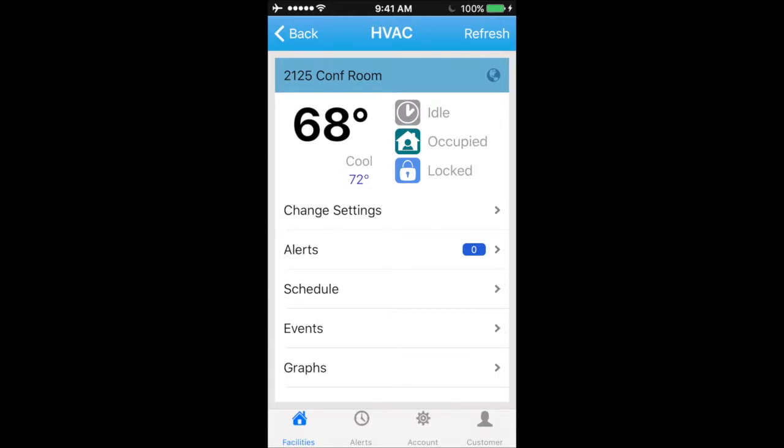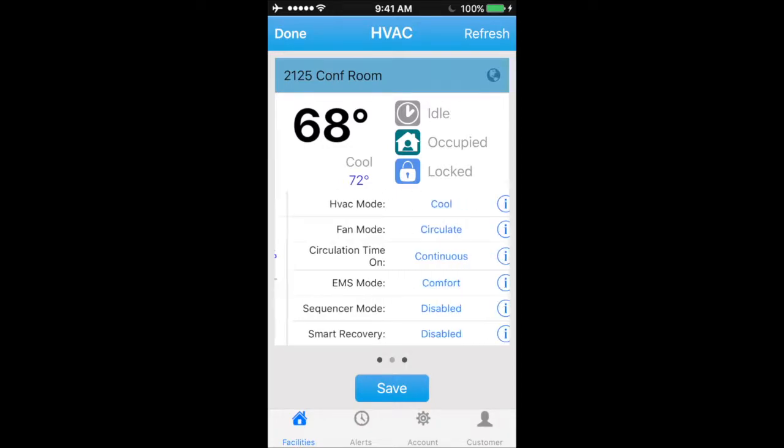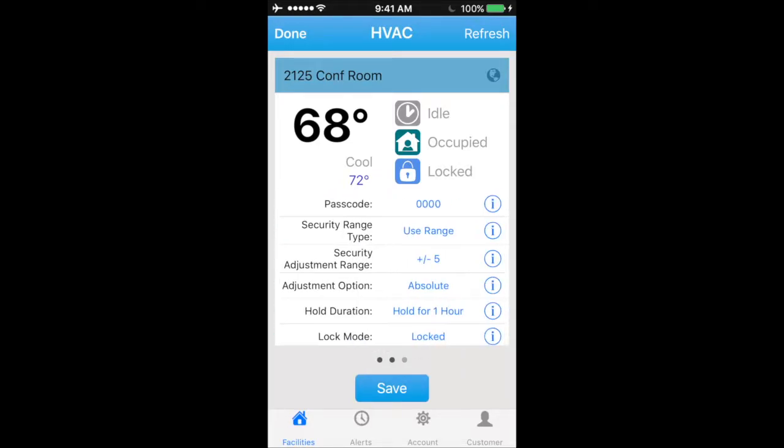You'll see things like Change Settings, Alerts, Schedule, Events, and Graphs. To make a temporary change to the HYStat, click on the Change Settings button and use the slider to drag to the desired temp. See the three dots above the Save button? That means you can swipe the whole page to the right or left to reveal more options like HVAC and